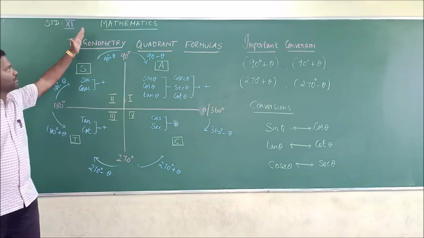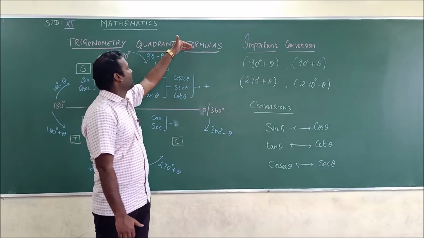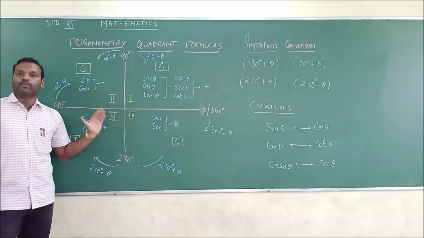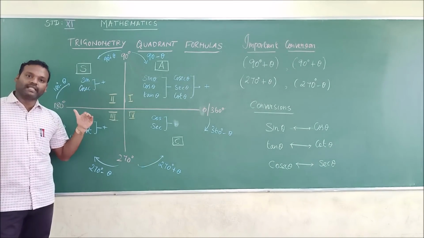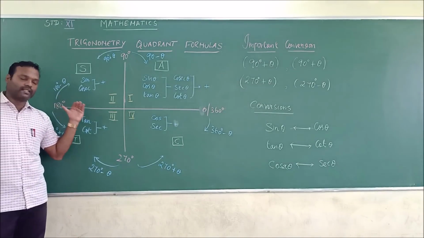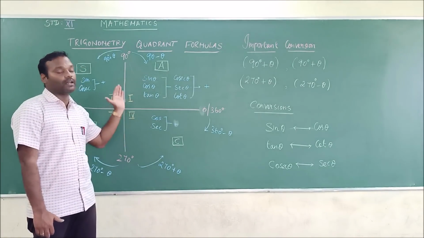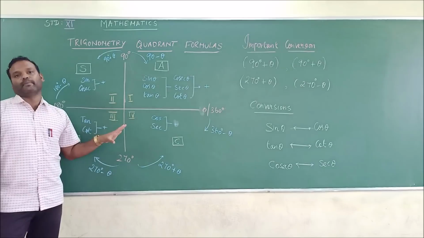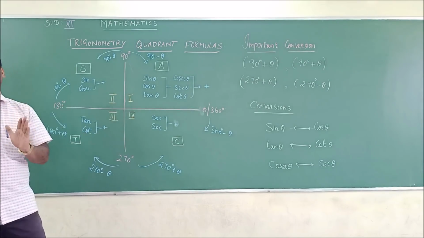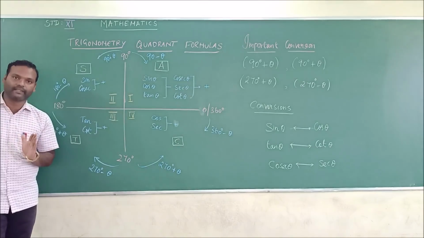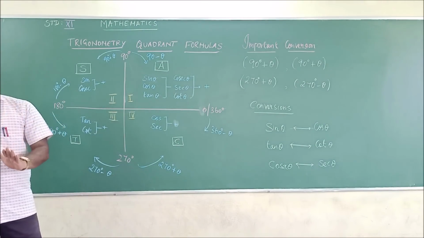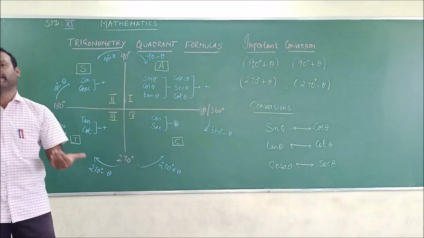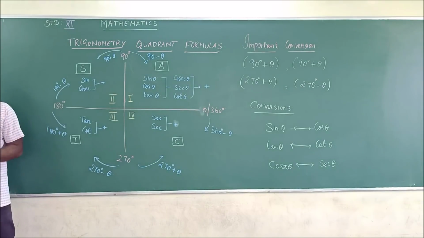Next, we are going to discuss trigonometry quadrant formulas. So this is a very important concept which is new to you, that you are going to study in the 11th standard. Not only in the trigonometry chapter, it will be helpful in all the chapters related to trigonometry. Okay. So listen carefully. This is very important. You have studied only the trigonometric ratios of complementary angles. That is 90 minus theta: cos of 90 minus theta is sin theta, sin of 90 minus theta is cos theta. Like that you have studied in your lower sections.